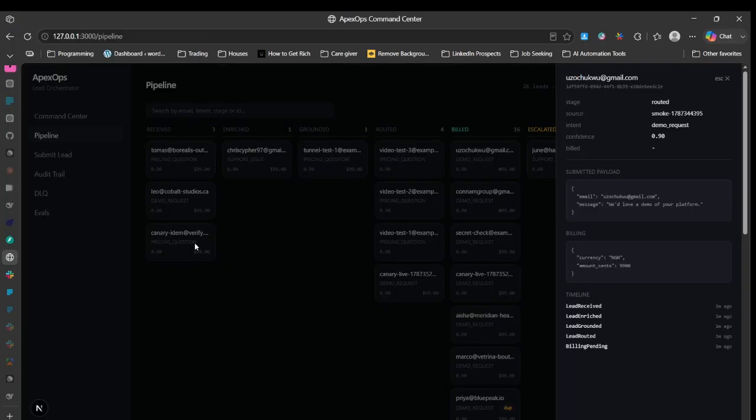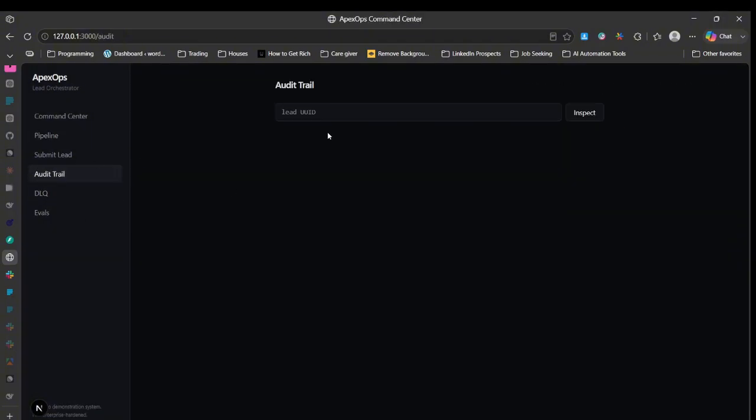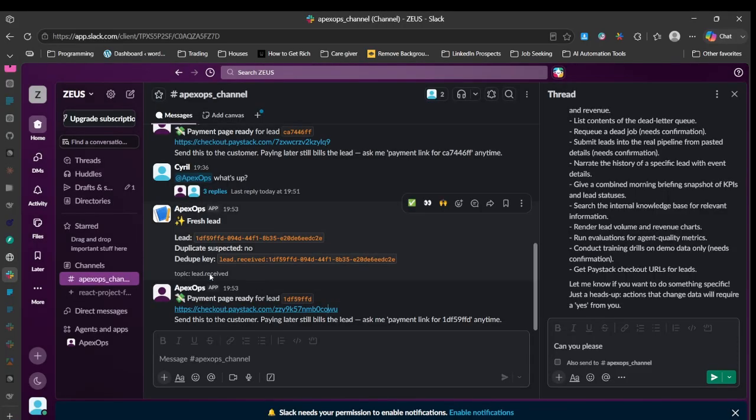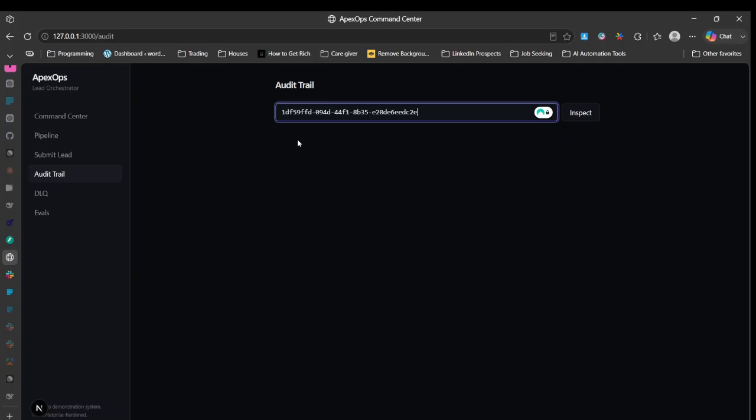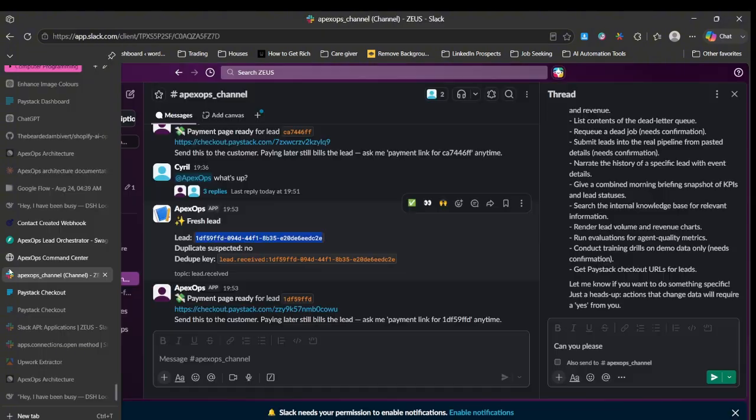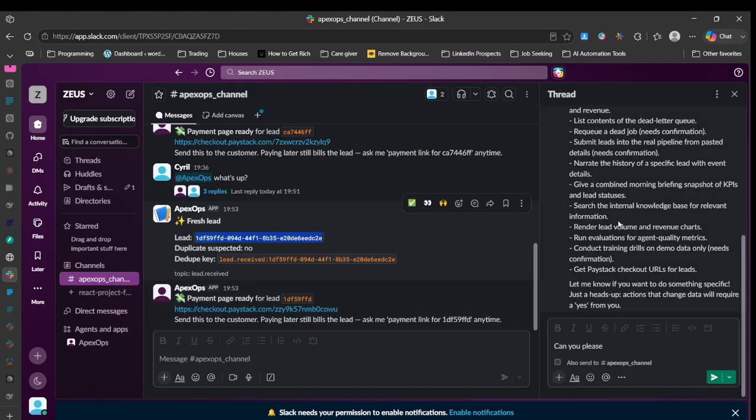If we come here and we click on the audit trail of the person, that means we want to know what the person has done. So we just click on the lead, sorry, the lead unique ID. We come here and we inspect it. As you can see, the billing has already been executed. That means the person has already paid. This is the amount the person has paid. So we can now say that, oh, okay,